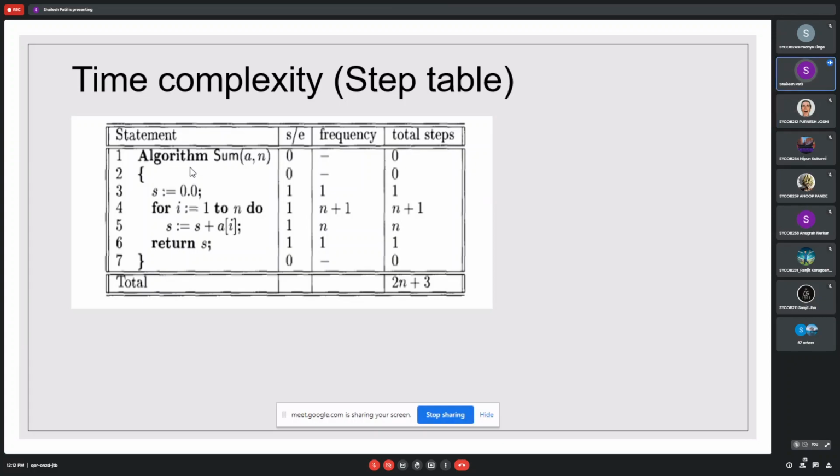No, no, not like that. Actually, this we are studying from an algorithmic point of view, we are not studying from a programming point of view. If you consider it as a program, then it is correct that it should be 2n plus 2 actually, because there will be one for comparison and one for increment. If we consider it from a programming point of view. But we are not going to consider this from a programming point of view. We are considering it from an algorithmic point of view. So for that purpose, we are just counting it as one step.